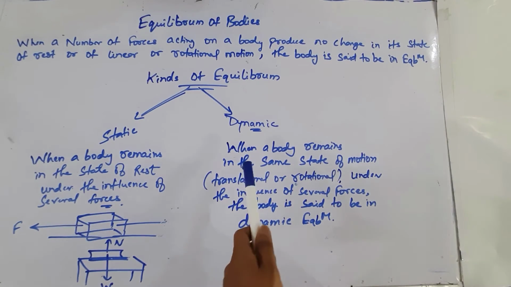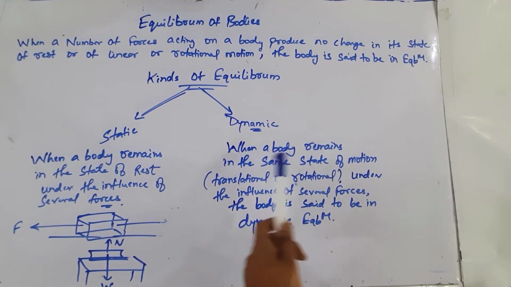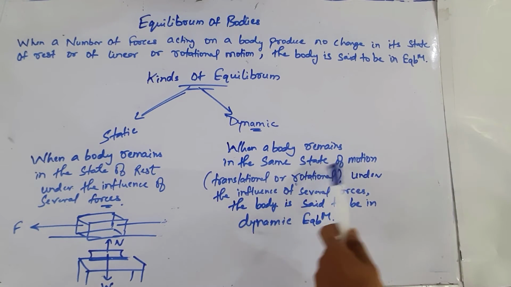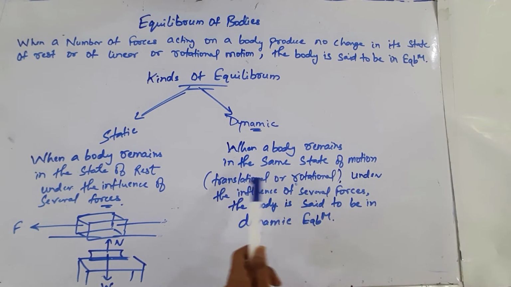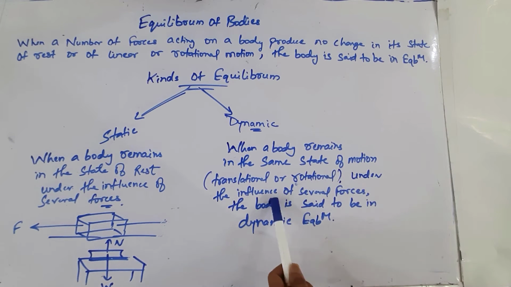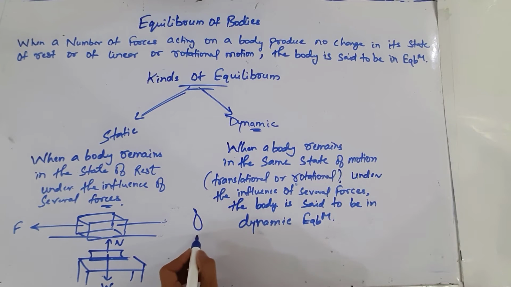Now we will talk about dynamic equilibrium. When a body remains in the same state of motion, translational or rotational, under the influence of several forces, the body is said to be in equilibrium, dynamic equilibrium. Let's suppose there is a raindrop falling downward. When a raindrop is falling downward, the weight of the falling drop is balanced by the sum